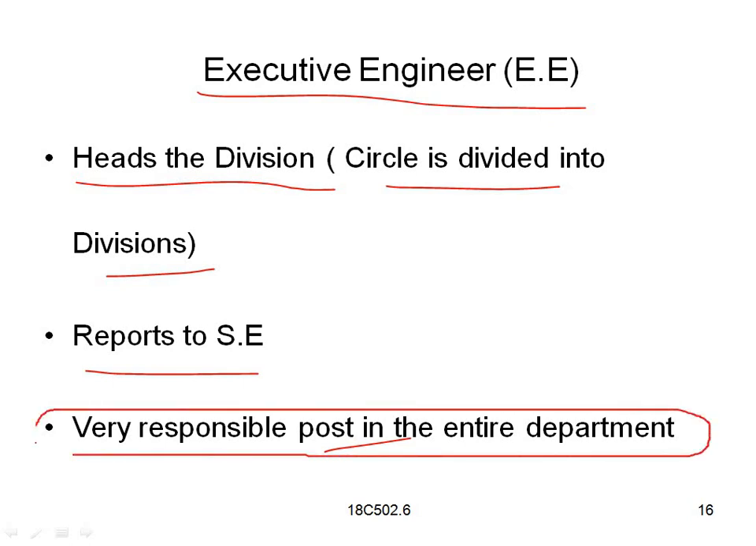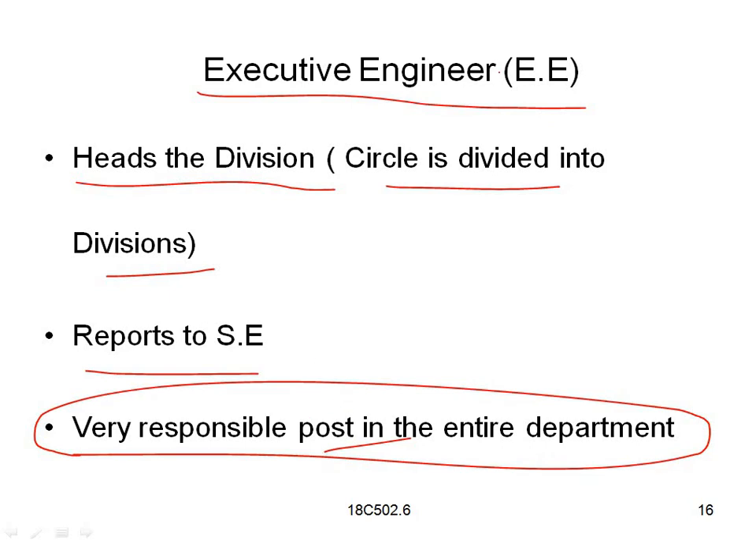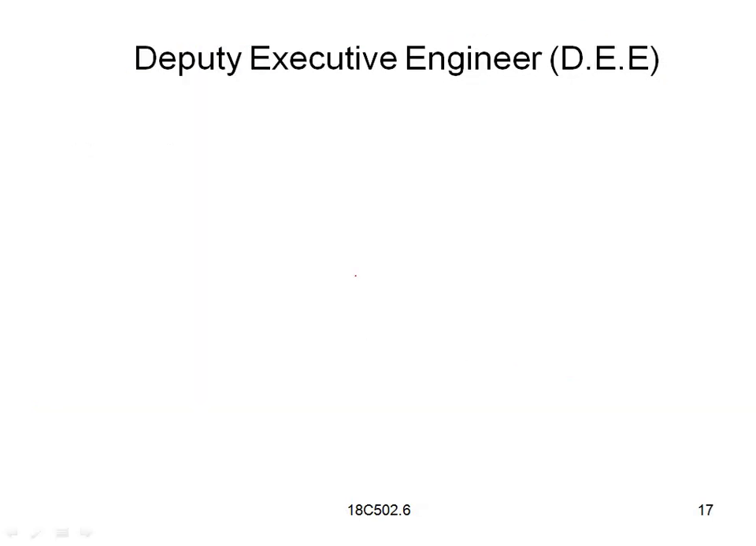So in a state department, the very important post is called executive engineer. So he is the central person between the minister and the assistant engineer lower down. Okay, so this executive engineer post is a very important post, and he will have all the authorities and powers under his jurisdiction. Okay, so he will be handling the construction sites. And the next is deputy